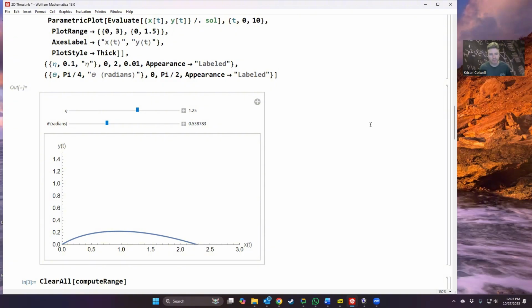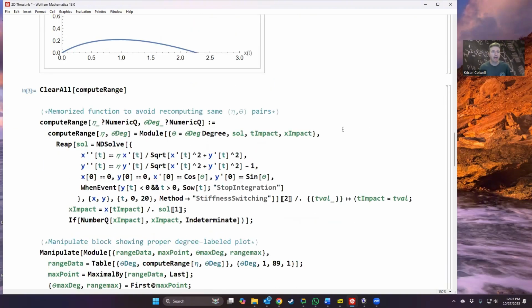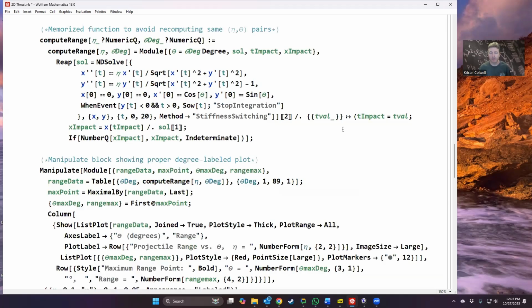of launch. The next thing we might want to look at is, how do we calculate that maximal range, or the angle that maximizes the range? So there's a lot of junk here. Don't worry too much about it. I had to do it in a slightly different way here. It's a little sluggish to try to update this in real time. So instead, I pre-computed a whole bunch of different launch ranges, and then we can cycle through those. So basically, yes, I still have my differential equations. This time I'm stopping them when the projectile hits the ground or goes negative,